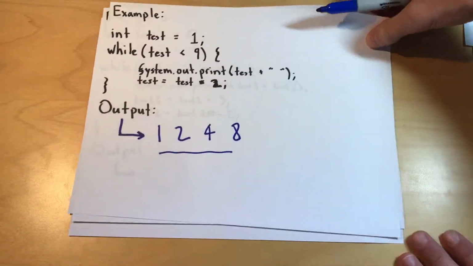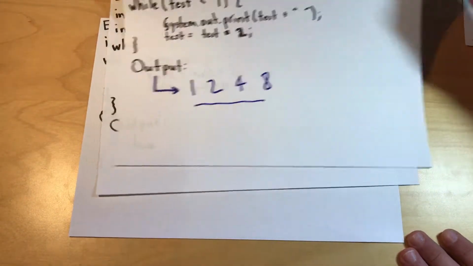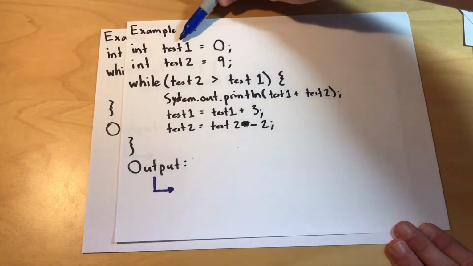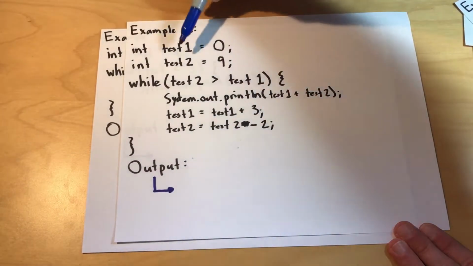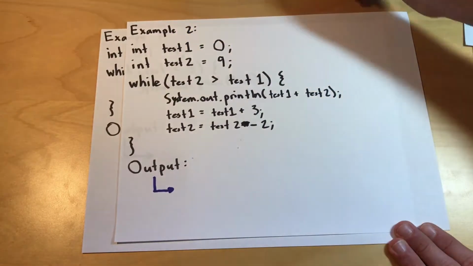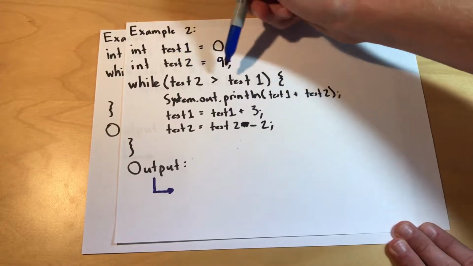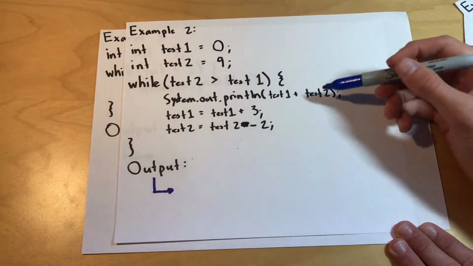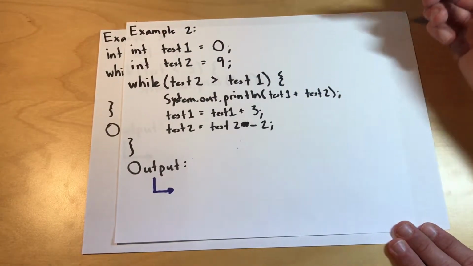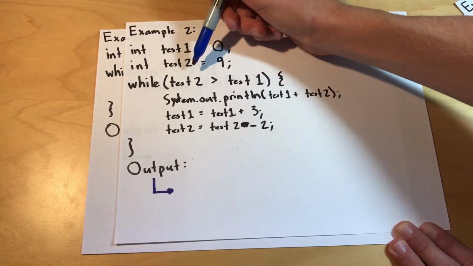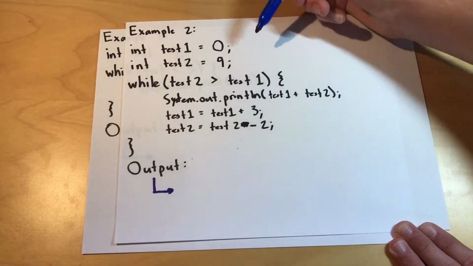Now, a little more complicated example. We have two integers, one called test1 that is equal to 0, and one called test2 that is equal to 9. So in our while loop conditional here, while test2 is greater than test1, we will run our action within our code here. So here, while our test2 value 9 is greater than 0, we'll go into